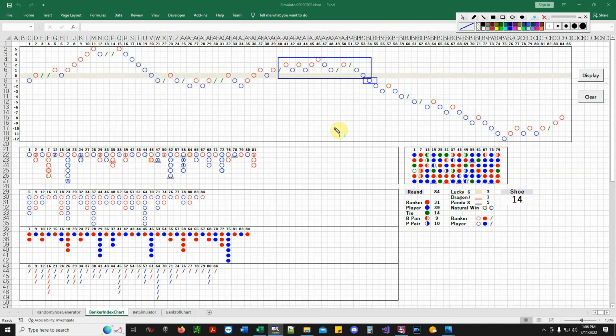The thing I want you guys to see right now, though, is you have to look at a chart and you have to get into, okay, is this a banker favorite shoe or is this a player favorite shoe? It was banker up here, and you can say anything above 0 is banker favorite. But then when it broke down here, and it got to this point right here,